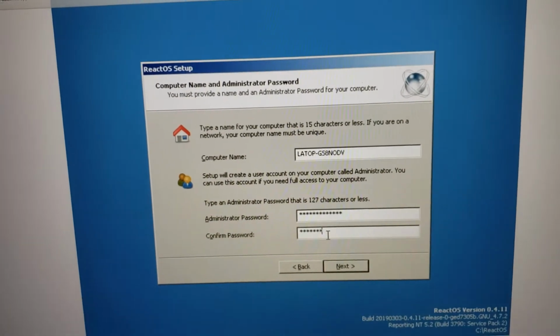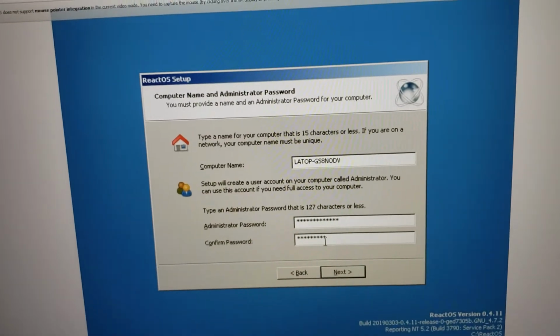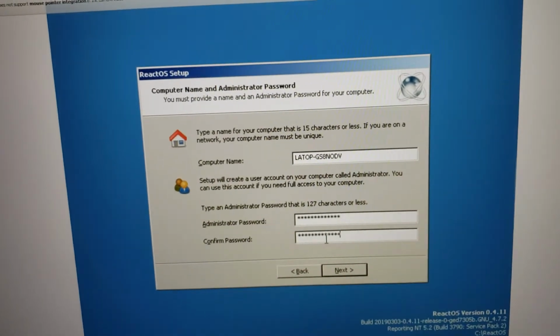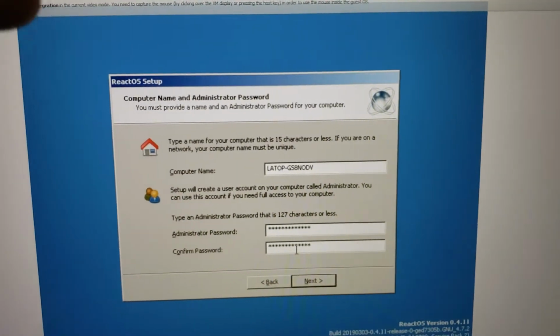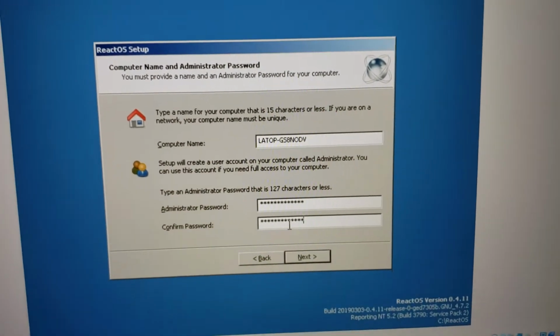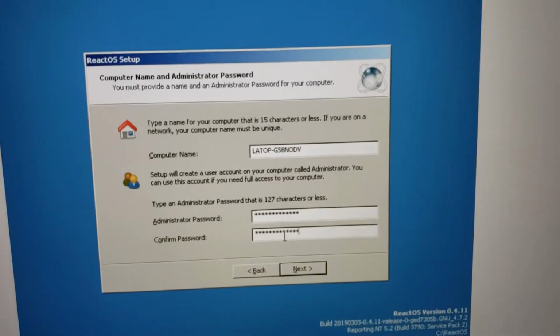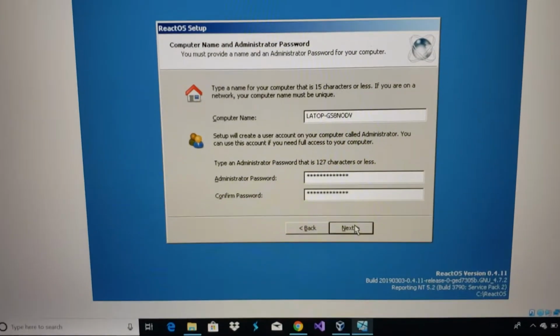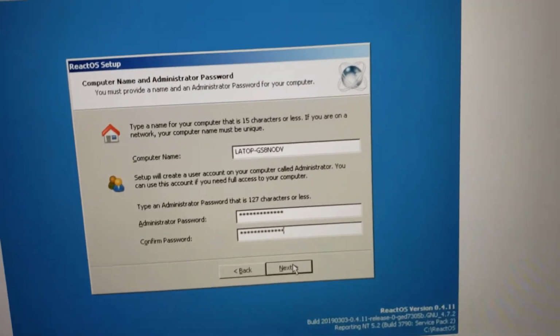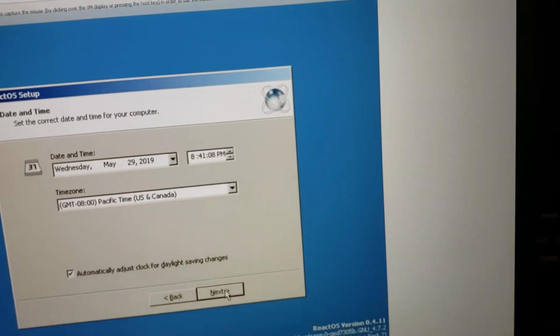Remember, if you forget the password, you just delete the VirtualBox thing. You just delete the thing from VirtualBox, as y'all saw whenever I deleted the previous one, and you just reinstall it as I am doing right now. I mean, not that I forgot my password, because obviously y'all saw me